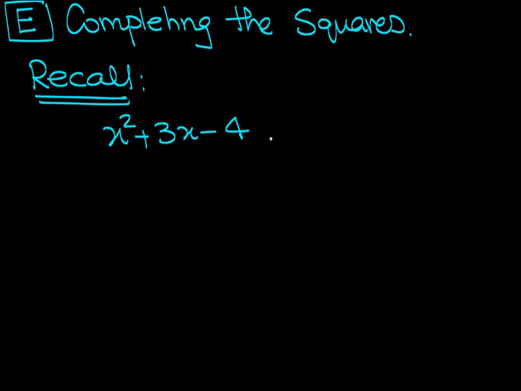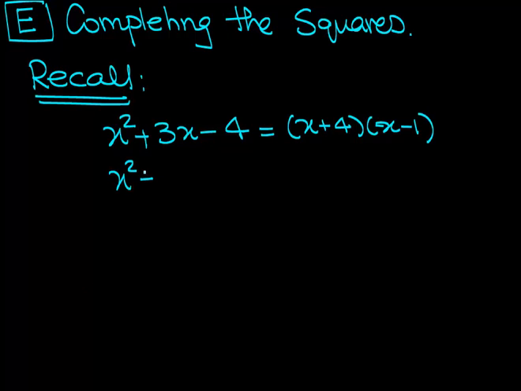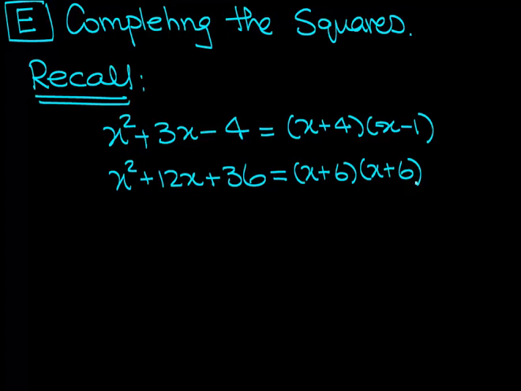Let's just look at this, not worry about the equation. We factored this into what? x plus 4 and x minus 1. That worked fine. But on the other hand, if I gave you x squared plus 12x plus 36, I could still factor this. I want two numbers that multiply to 36 and add to 12. They're 6 and 6. So I get x plus 6 and x plus 6, and then I can write this better as x plus 6